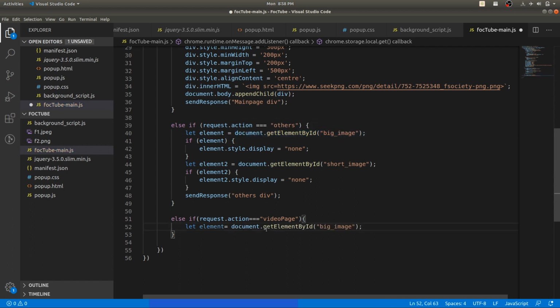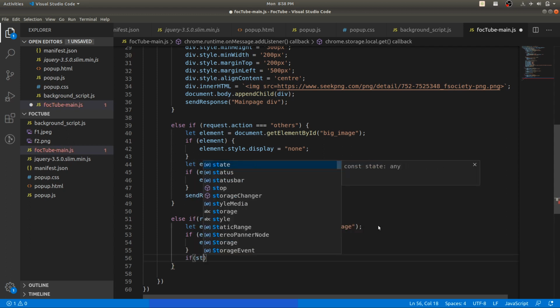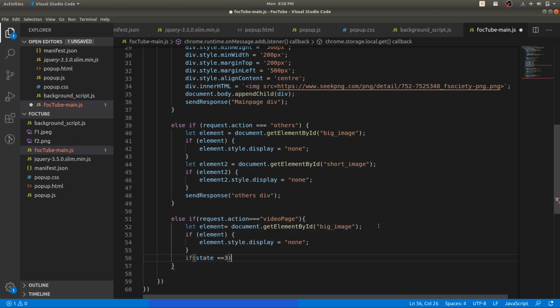So first of all, if the element exists, that is, you can say big image. Big image should get hidden when the video page comes, otherwise we will be showing that big image on the video page and no video will be shown. So first of all, hide that big image.